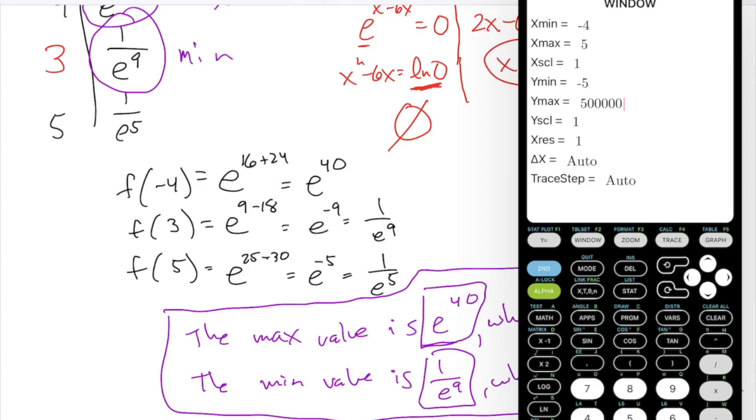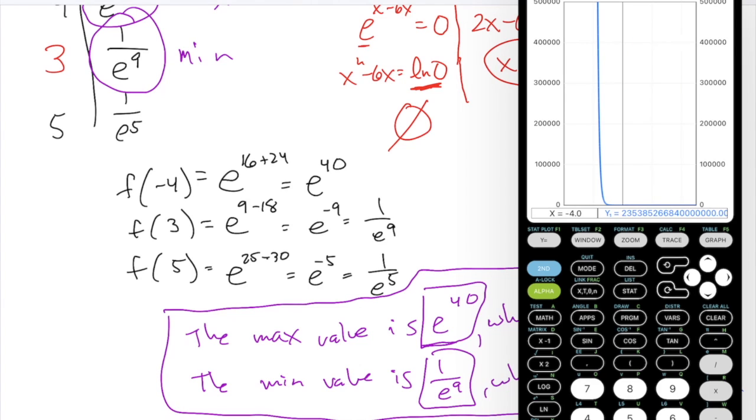I haven't even checked this decimal value, but you can see, when you scroll to the left, the important thing is I thought the maximum value was at the leftmost endpoint, and you can see that that is definitely the case. As you scroll to the left, look at those y values. They're huge. It's way off the screen. And as you scroll to the right, that's where the values are coming down. There you go, and you're getting really close to 0. Watch the y values in blue. If you're zooming in there, really small, and even further,